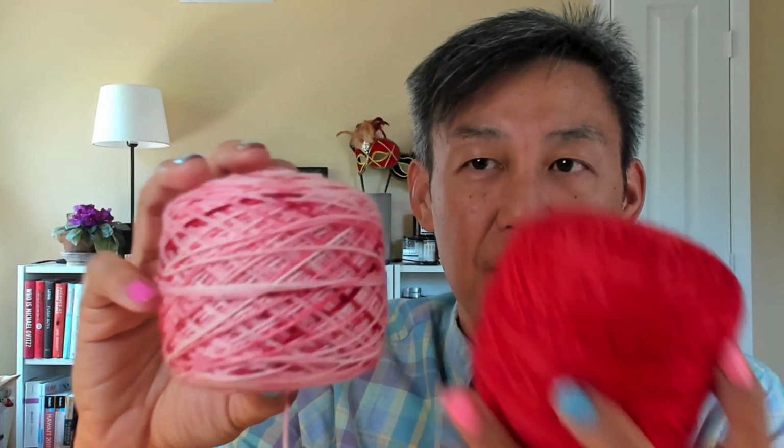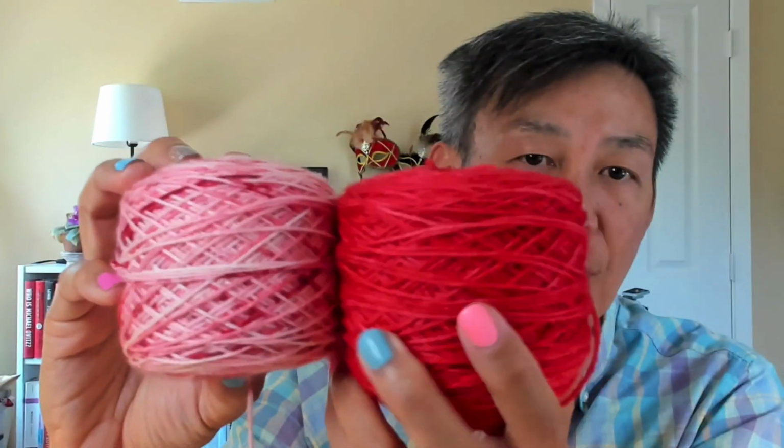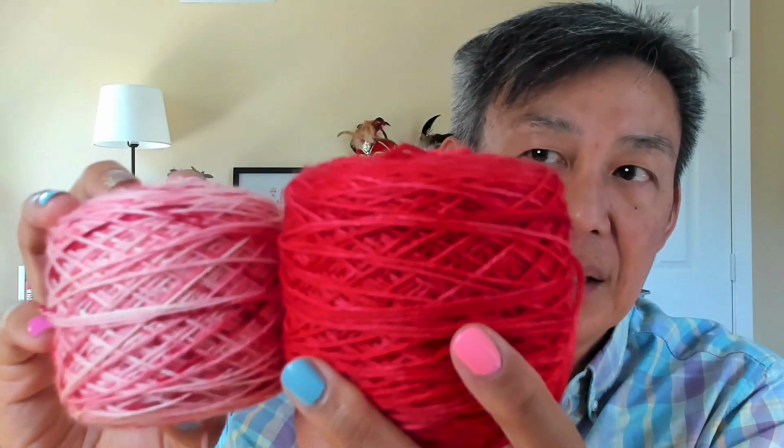Oh, and the yarn I used. So the red and the pink are Trilogy Yarns Plush Base, which is an MCN. It's 80% superwash merino, 10% cashmere, and 10% nylon. The pink is called Peppermint Bark, and it has pink, white, and red in it. The red is also by Trilogy Yarns on the same plush base, which is an MCN. The colorway is called Wild Strawberry, and it's coming out